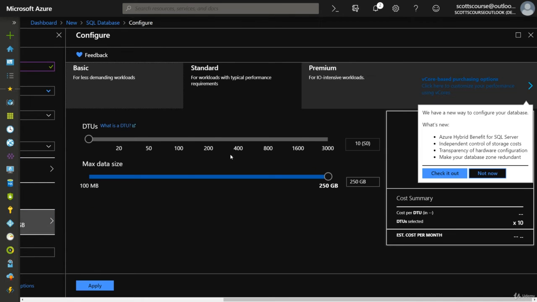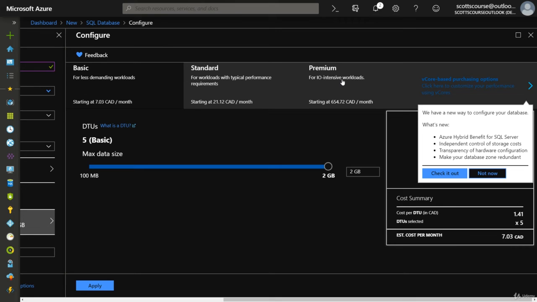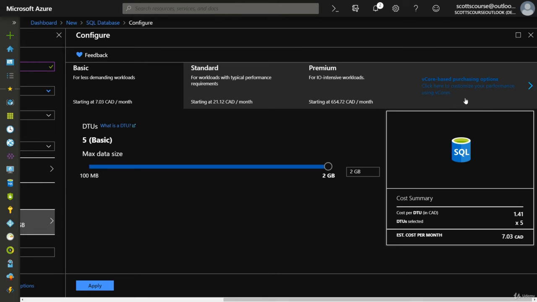Pricing. So just like a virtual machine, we're going to be given options in terms of pricing. Azure has a basic, standard, and premium in terms of this type of pricing model, which is by performance. We're going to talk about purchasing the resources in a second, but there's two ways of basically purchasing SQL databases. One is by performance. So this basic environment is 5 DTUs, which is a database transaction unit. And just like with web apps,